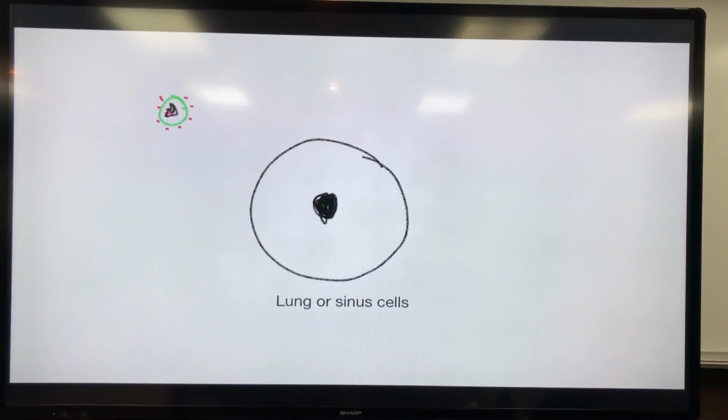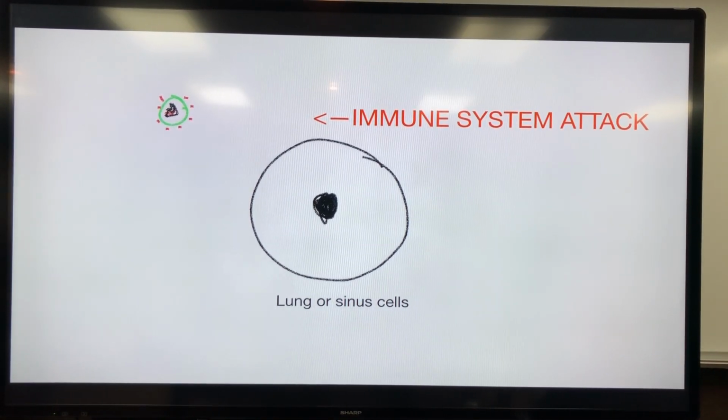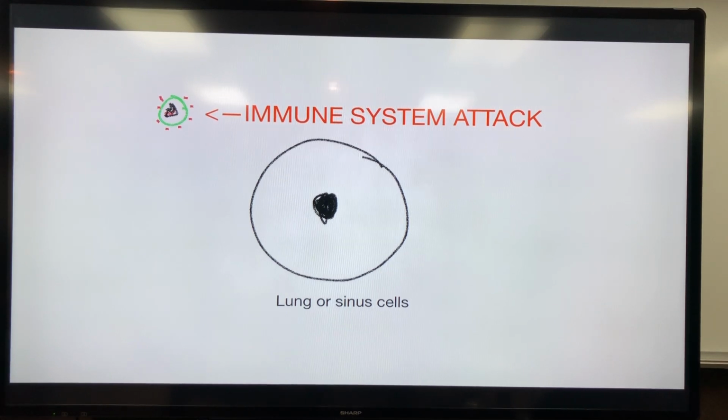So that, let's say 3 weeks from now, if I run into somebody with COVID-19, symptomatic or non-symptomatic, and I start breathing in that virus particles, before it can attach to my lung cells, my immune system has already recognized that spike protein and attacks it to prevent it from coming into me. And that's how the vaccine works.